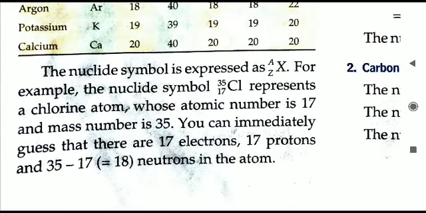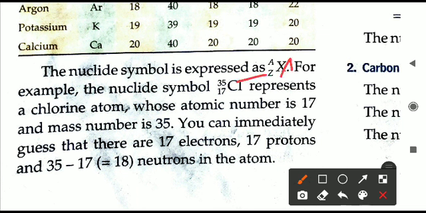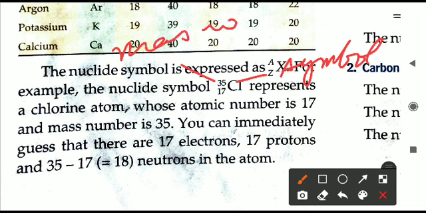The nuclide symbol is giving us three things. First, it is telling us the symbol, we can see what the symbol of chlorine is. Second, it is telling us the mass number. You can easily see the mass number is 35. And the third piece of information it is giving is the atomic number, or we can also say it is telling us the number of protons and electrons present in a normal or neutral chlorine atom. So these are the different types of information provided by this particular symbol.